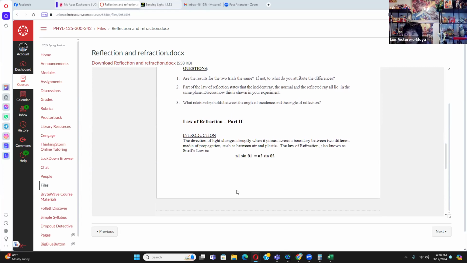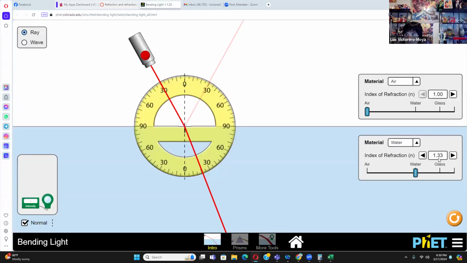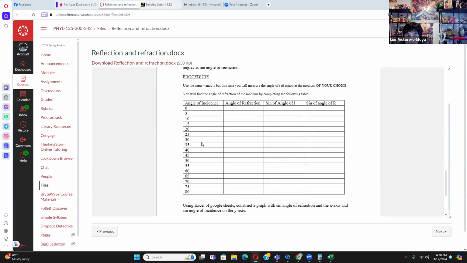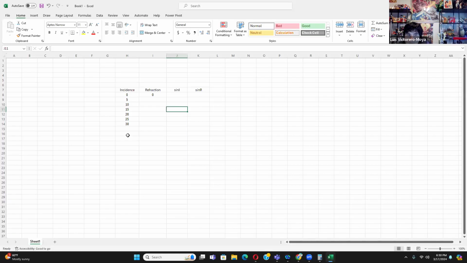The law of refraction, or Snell's law, is here. The objective in this part is to find the index of refraction of water. Now it's here. That's your theoretical value. The experimental value, you will get from finding different angles of refraction by changing the angle of incidence. So the angle of incidence goes from 0 to 80 every 5 degrees. And you can create a table in Excel. I just put a few values here. But you go from 0 to 90 degrees. And for each angle of incidence, you can find the angle of refraction by